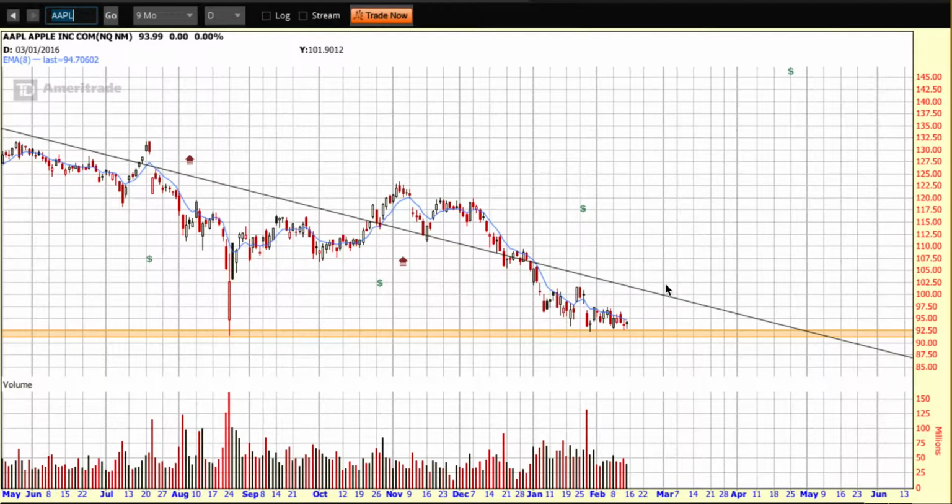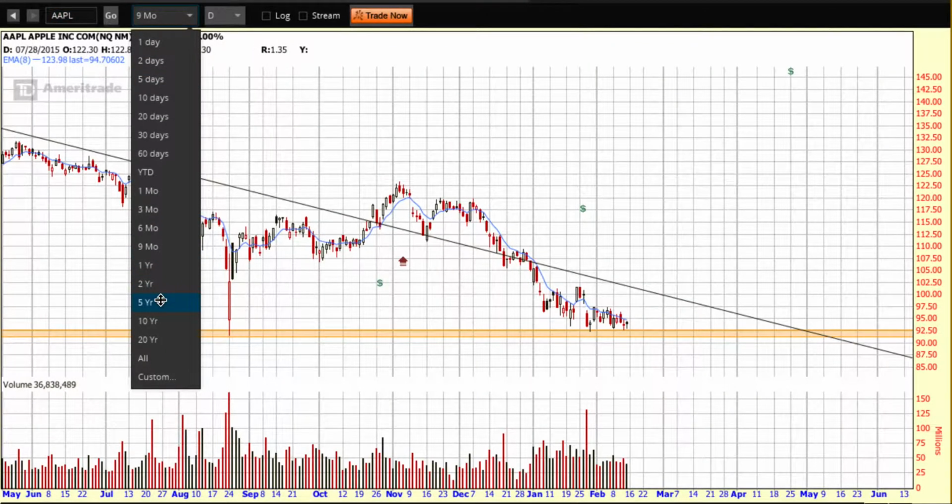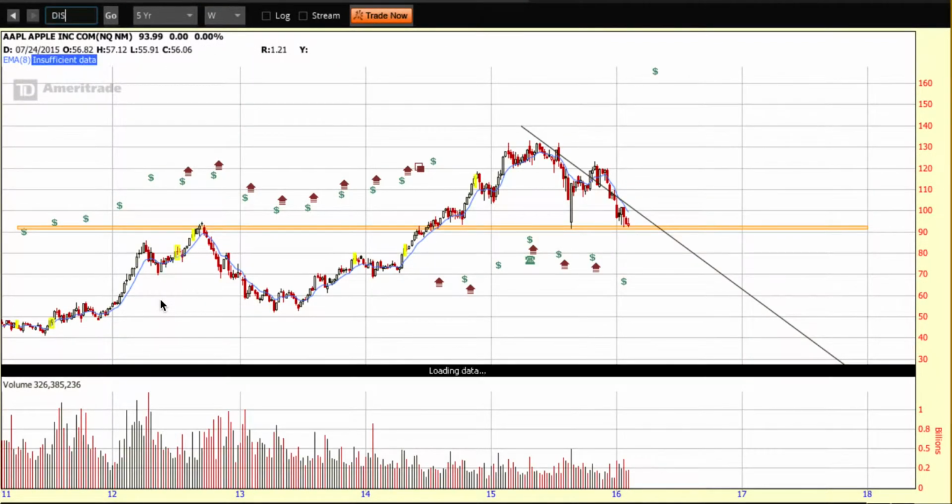I checked the scores on Apple this morning just to remind you. It's got an RV score of 1.53. That's very high in value. It's got a forecasted earnings growth rate of 18%, and it pays a 2.21% dividend yield. Nice. The other one that I wanted to show you quickly is Disney, another Chart of the Day Cafe pick,